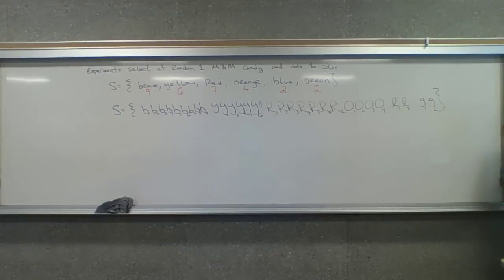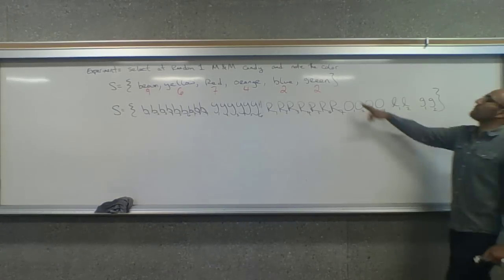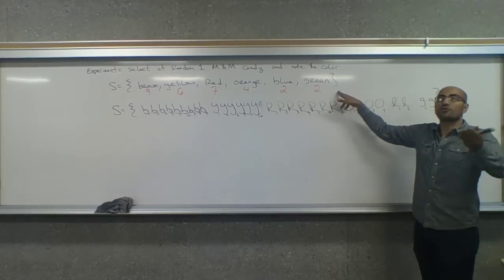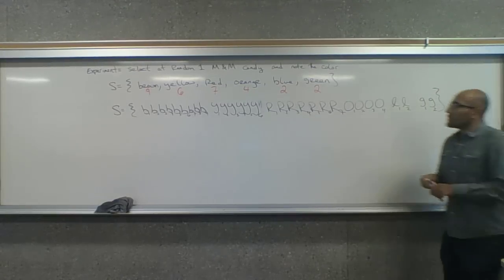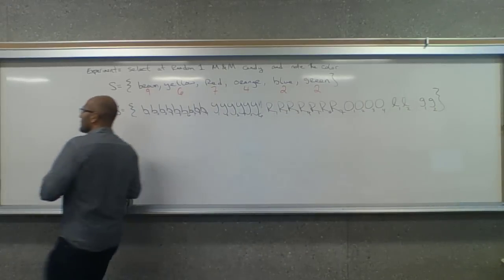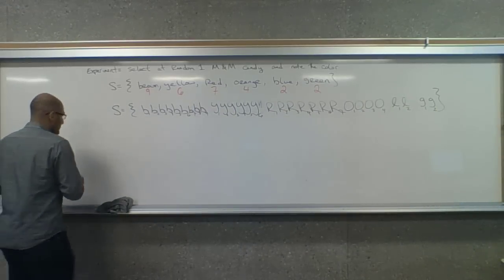Okay. Now we have a better description of our sample space. These are all the possible things. Now, is it really necessary to write it all down? No. I think we would have been perfectly okay with the understanding that we have this sort of situation. Good? Okay. So now when they say find the probability that I pick a yellow,